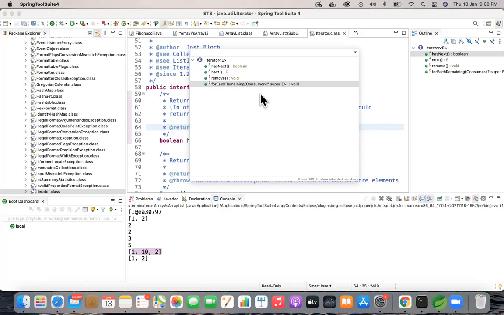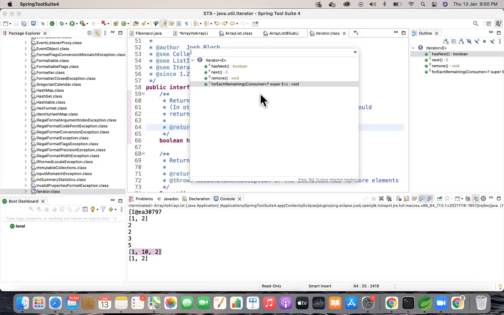If there are 5 elements, I know the fifth element is the last, but on iteration, I'll never know which is the last element. So to check that, I have the precondition check hasNext. If this is the last node in my list, I'll not go for next; I'll break and come out. To break that chain, we have this hasNext method. And remove is basically how you delete it. The same way we have the remove method.